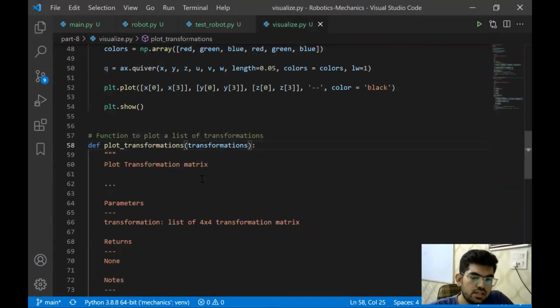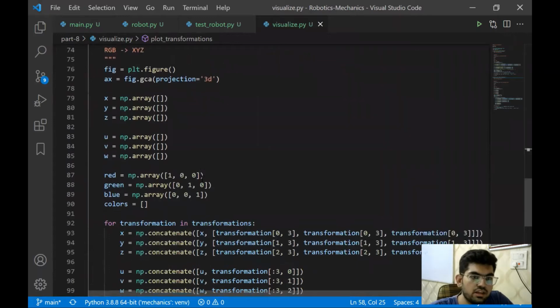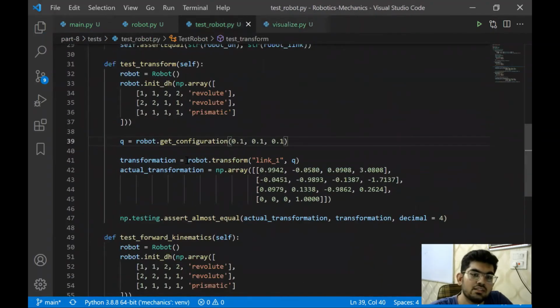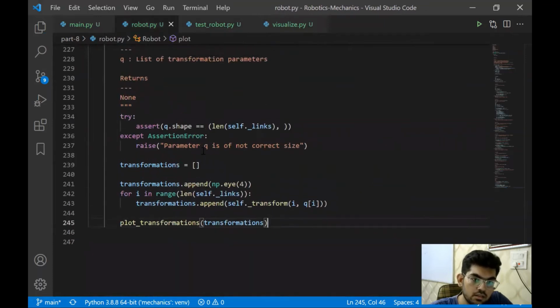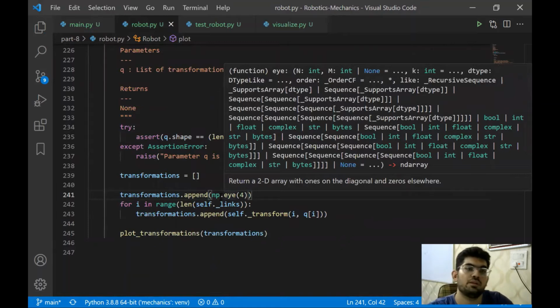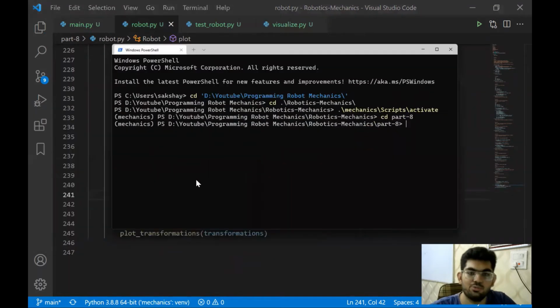So in the visualize function, we are going to get 7 frames since we have added 1 as the origin frame as well. Where is it? Yeah, over here. We have added an identity frame or base frame, we can say. So we're going to get degree of freedom plus 1 number of frames. Let's run it and see what the output is and fix any errors that come along the way.